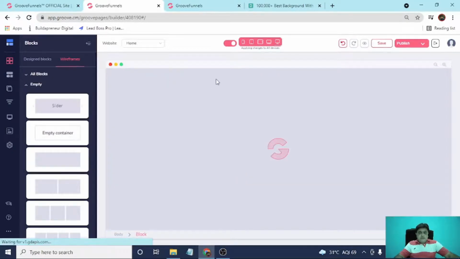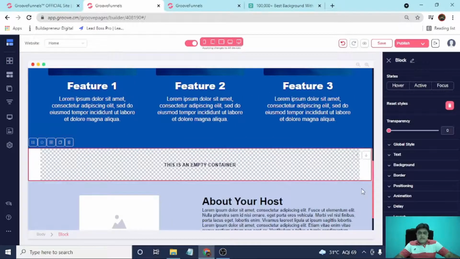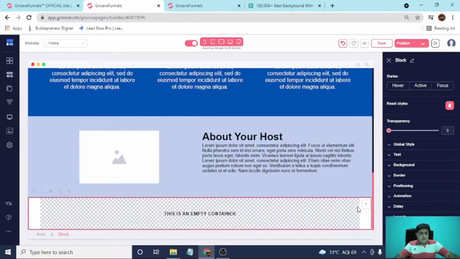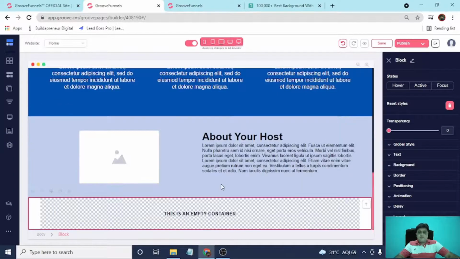Now if during drag and drop any container or block overlaps each other, then simply select that block and click the arrow. If you want to move it down, then select the down arrow. If you move it up, then select the up arrow. Okay, guys, so don't worry while dragging if any block overlaps each other.